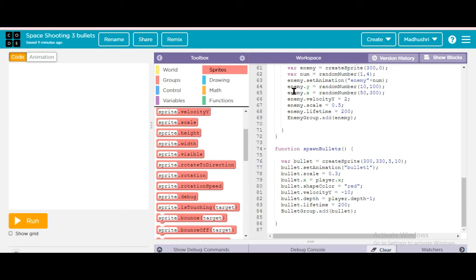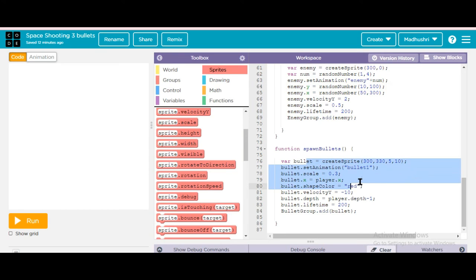I just forgot to comment out the things I already know. Okay, fine, we'll leave it. Then enemy group dot add enemy. Why did we write this? Because the enemy name should be added into this group, which is the enemy group.